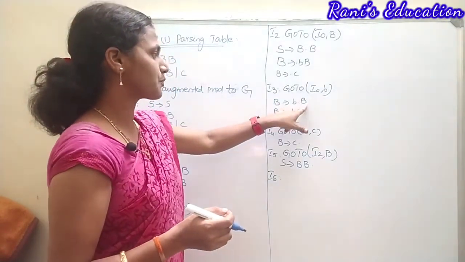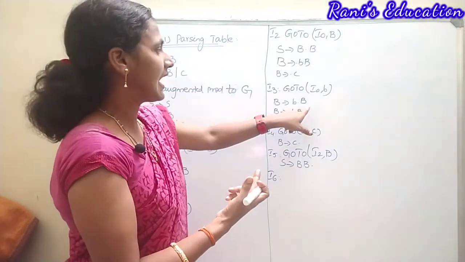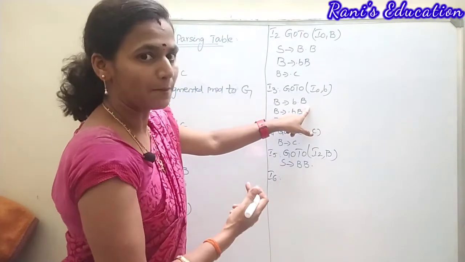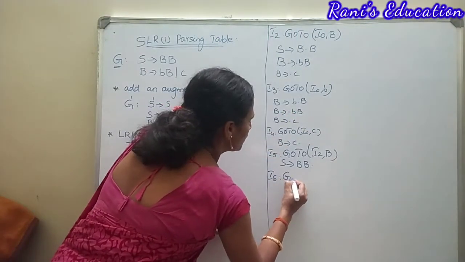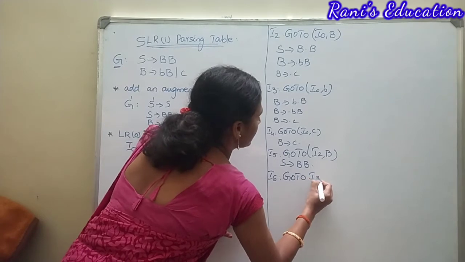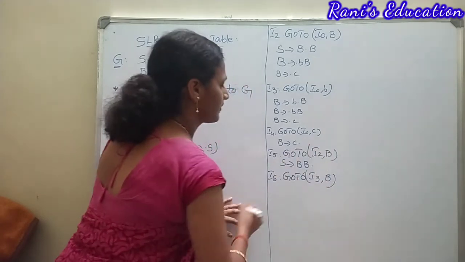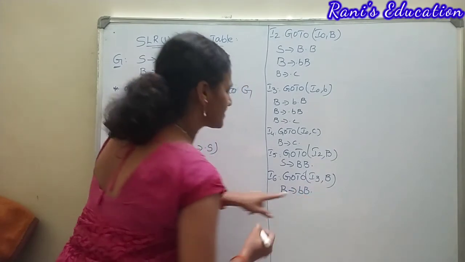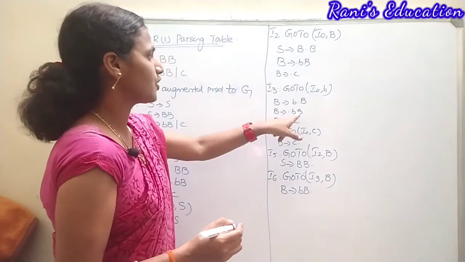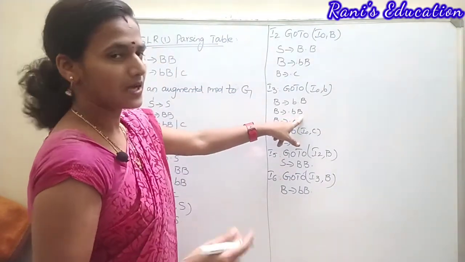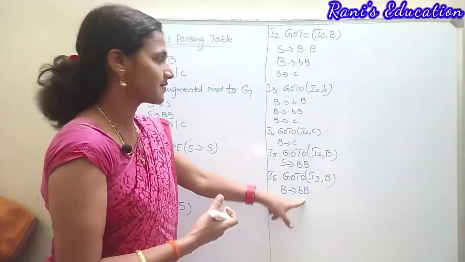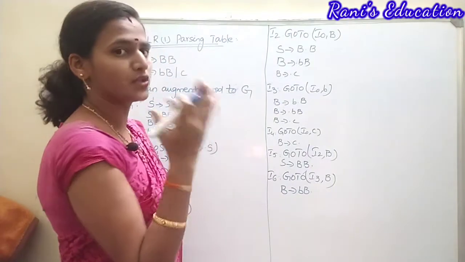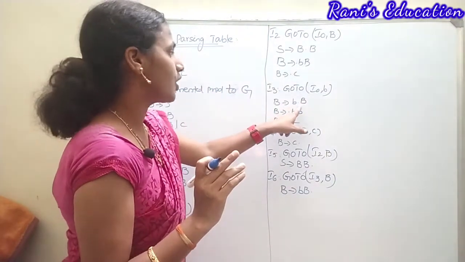Now move on to the third item. In the third item, the first production is not yet completed. We still have one more grammar symbol to complete that production. Isn't it? So first we want to complete that production. That is, goto of I3 comma B. Now the production becomes B derives bB dot. That means the production is completed here. Is it? Now you can check whether this production is completed or not. Yes, we have completed it in I6. What about this production, which is also completed? We just need to concentrate on the dot positions, where that dot is placed.